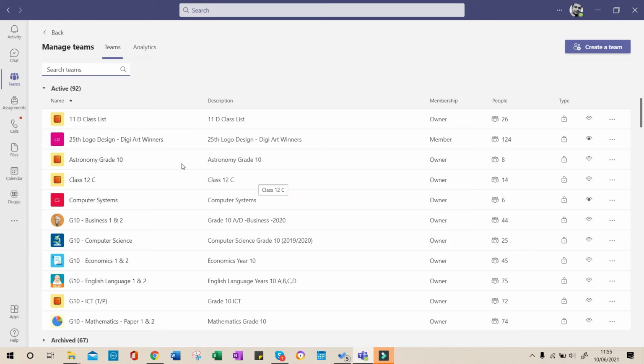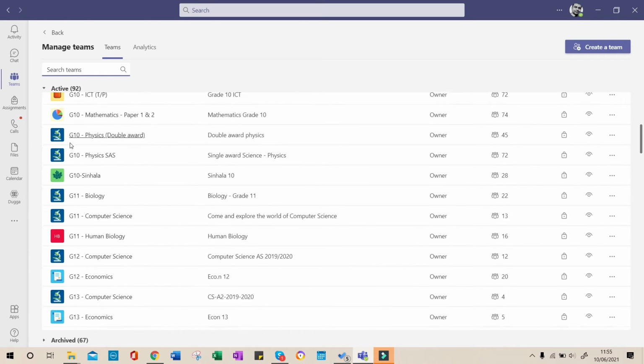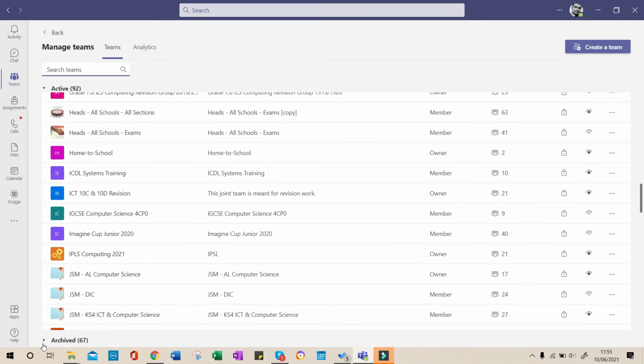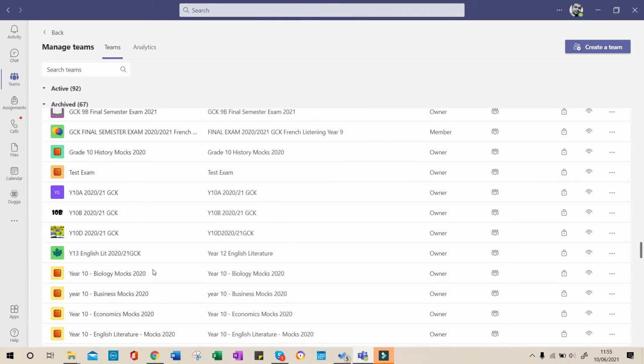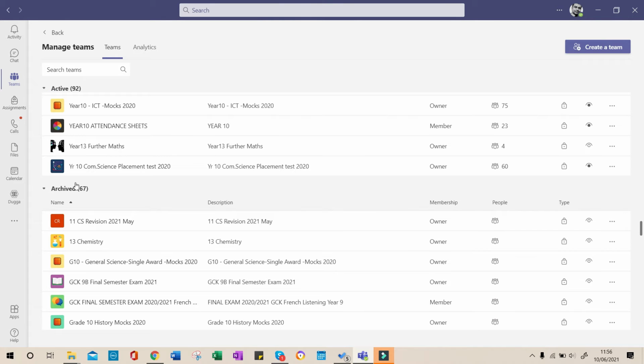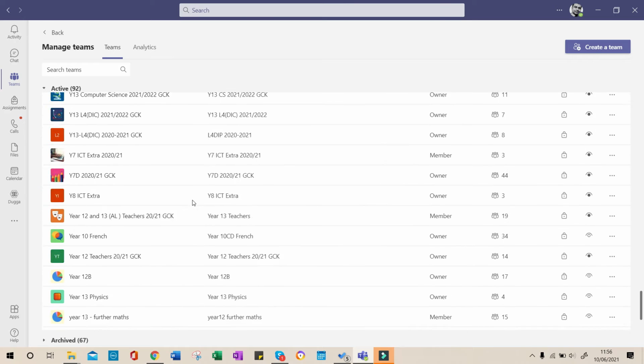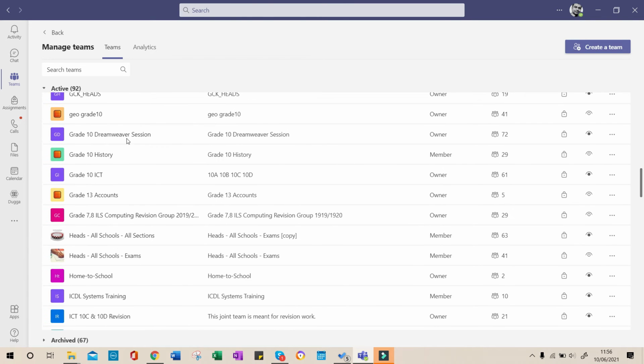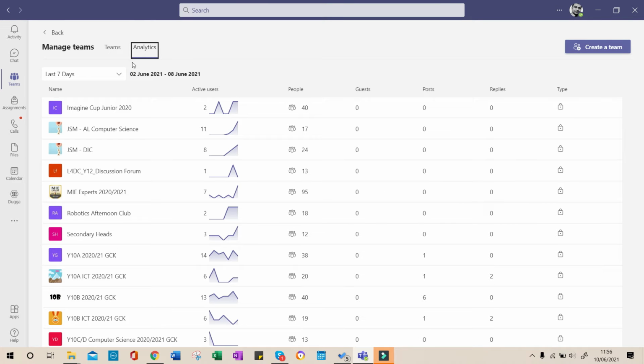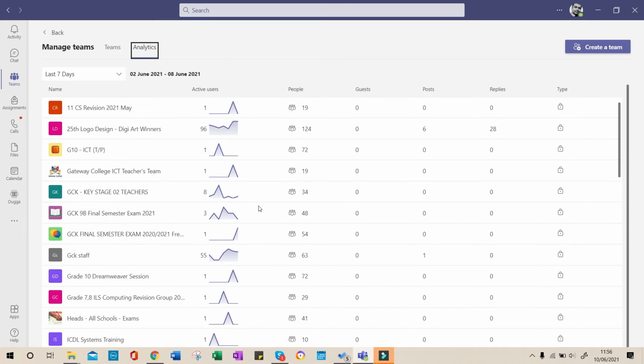Right, when you go to manage teams, you can see the active teams are there, archived teams are there, right? And if you want, you can search for a team. Go to analytics, you can see the whole activity in these teams. That also might be vital, right?